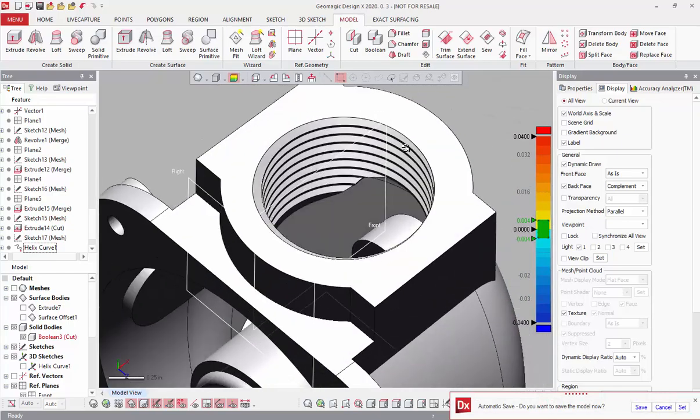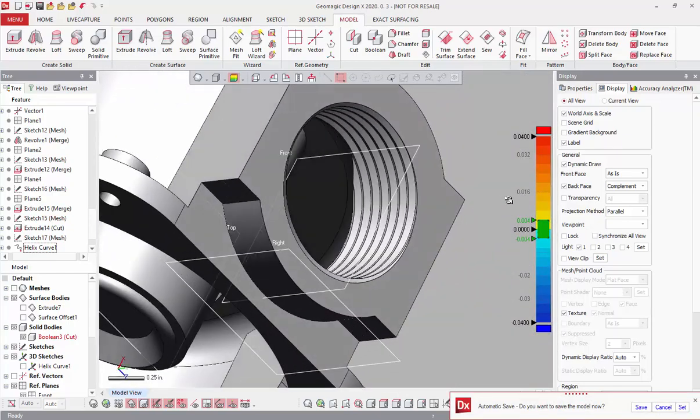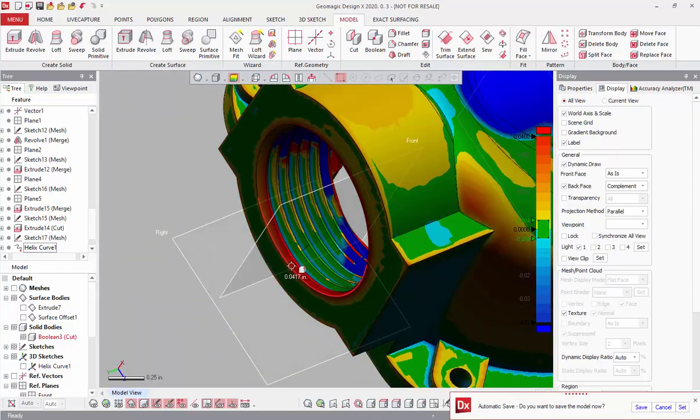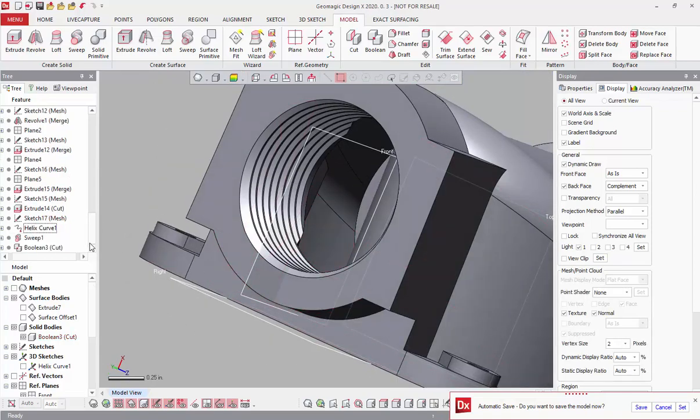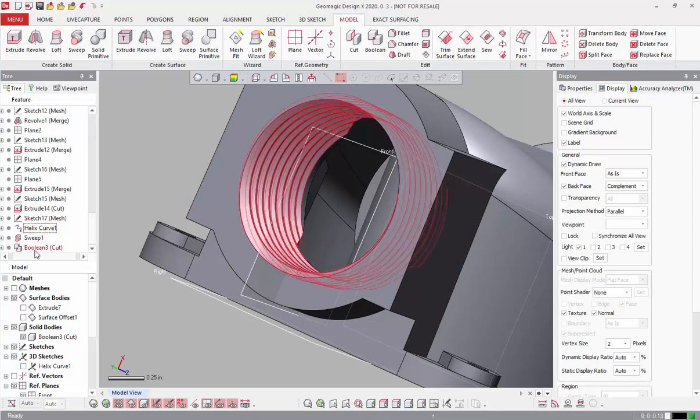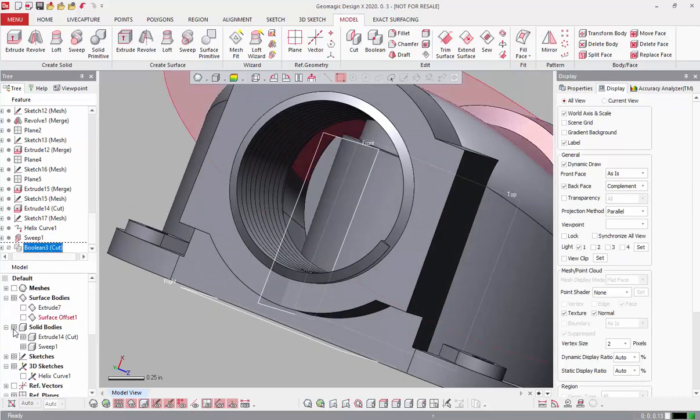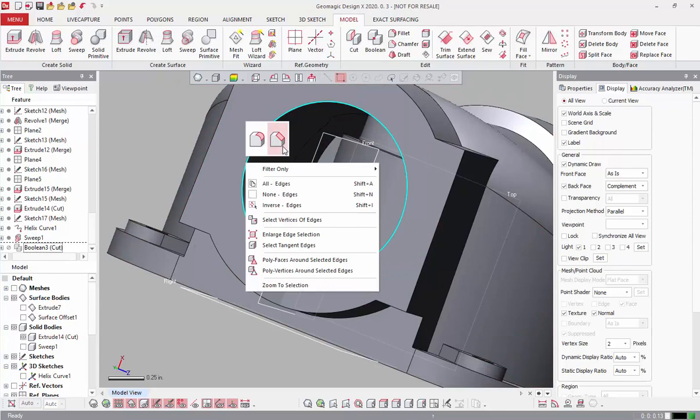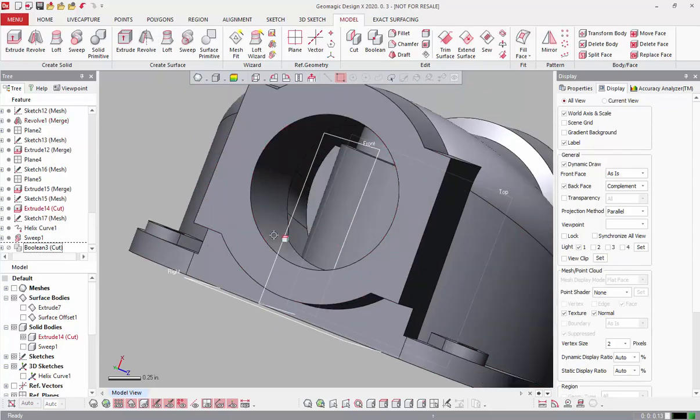I do notice that the exterior looks a little weird. There's a little bit of deviation there. So as we usually do in manufacturing, we actually chamfer this before we add the threads. So countersink, something like that. So before I do this Boolean, because I have to roll back anyways, I'm going to hide the sweep for the time being. Add a chamfer, and actually I'm not even going to do that because let me go ahead and punch out